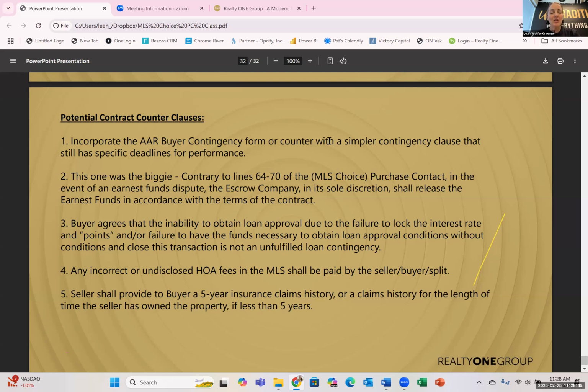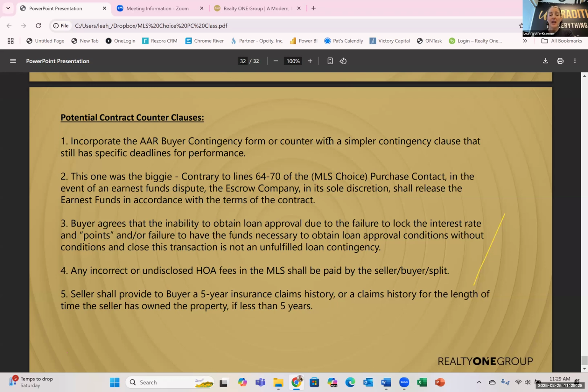Buyer agrees that the inability to obtain loan approval due to the failure to lock the interest rate and points, and/or failure to have the funds necessary to obtain loan approval conditions, prior to doc approval without conditions and close this transaction, is not an unfulfilled loan contingency. So right now, the AAR purchase contract specifies that if you failed to lock your interest rate, especially if your lender put MKT or market rate or didn't put a percentage rate on your pre-qual and LSUs, and you failed to lock your rate to get approved for that loan, that is not an unfulfilled